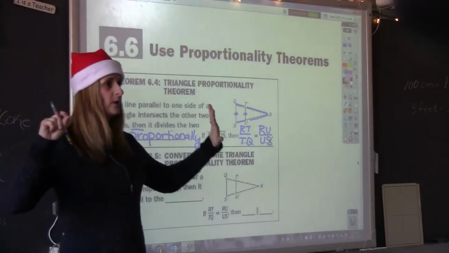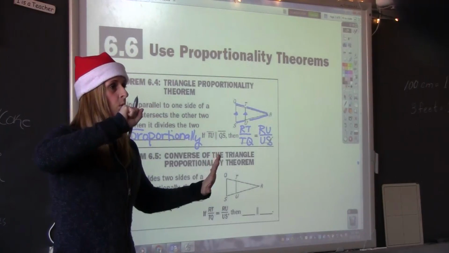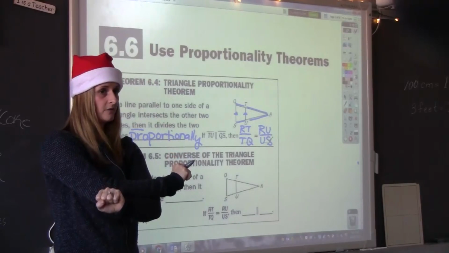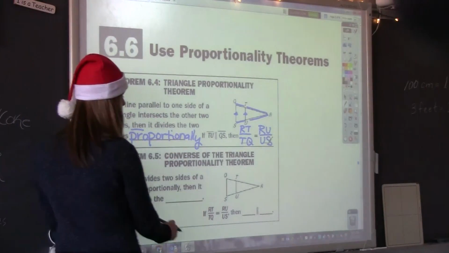Converse: when you switch what comes after the if and what comes after the then, the hypothesis and the conclusion, when they're switched, that's the converse, okay? This says, now if you know,